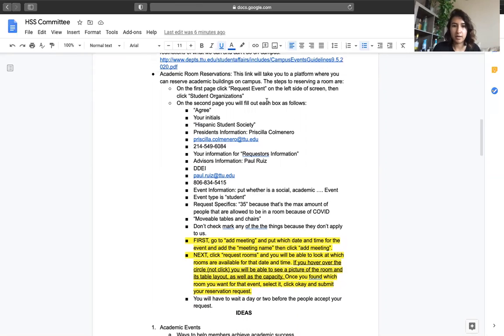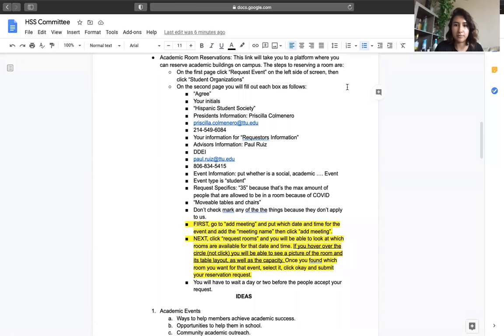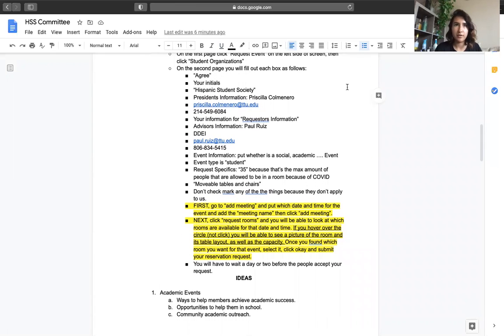I've got to put the link in there, but once I do, just go to it and follow these steps on how to reserve a room. The maximum amount of people usually for the big rooms is 35, 36, 37, depending on which one's available. So if you're considering doing an event in an academic room, take into consideration that there's about a 35 average max of people who are able to be in that room. These are the steps you have to fill out.